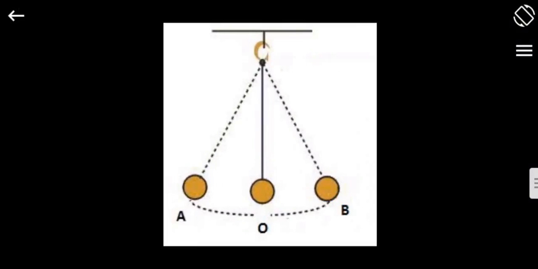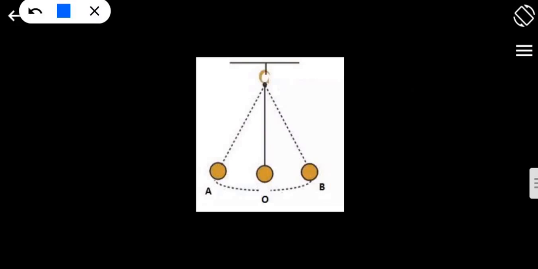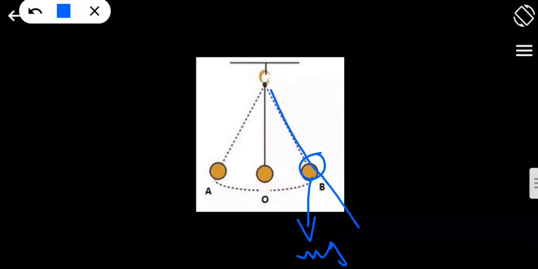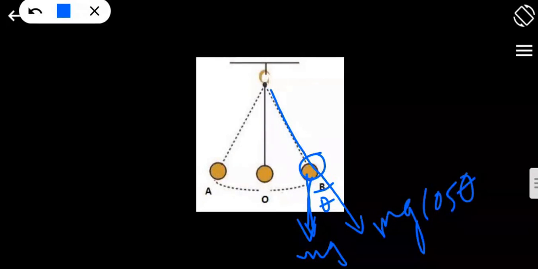Okay, like this. So what I will do here, actually the mg is acting, right? Because of the force mg only it is going to come, but what component of mg is acting because of which the pendulum is coming to this position, that we need to find. According to the picture, the mg is working here at an angle theta. So if this is mg, the side adjacent to the angle theta will be your mg cos theta. And the opposite will be your mg sine theta.